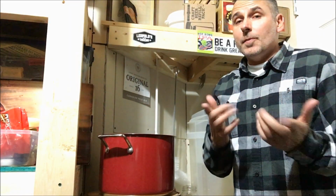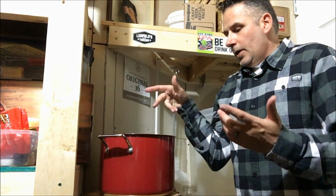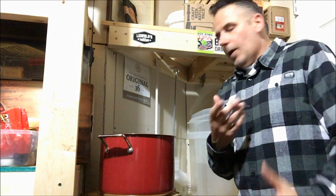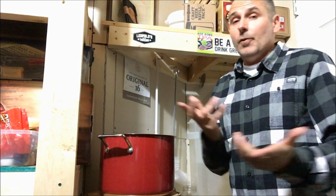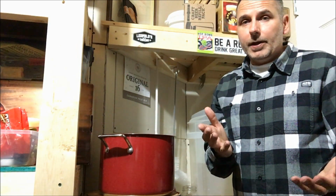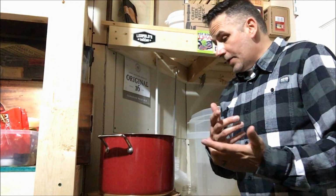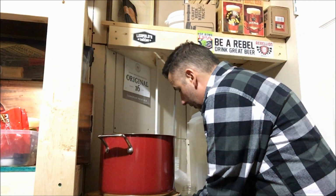Okay, guys. Sorry about that. I wanted to actually show you guys the boiling of the hops upstairs in the kitchen, but like I said, it was too noisy. It's not a big deal. I put the hops in the muslin bag and boiled it for 10 minutes. It's not really anything crazy exciting, but you've seen them sitting in there. You've seen the color of the hop tea. So I took out the muslin bag, and what we're going to do next is